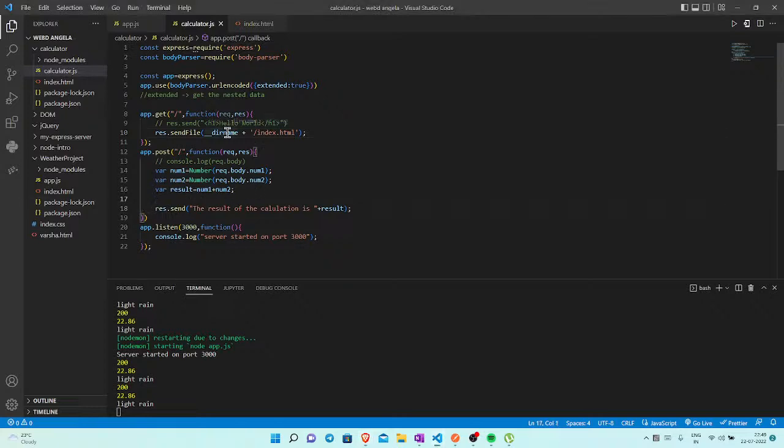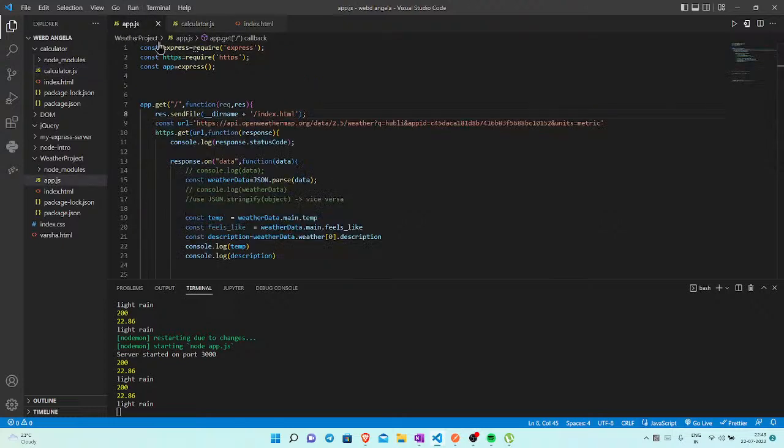And then we saw how we can dig through our JavaScript object to get these specific pieces of data that we're interested in. Now, in the next lesson, we're going to be taking these pieces of data and using